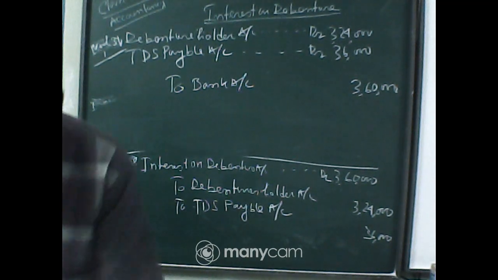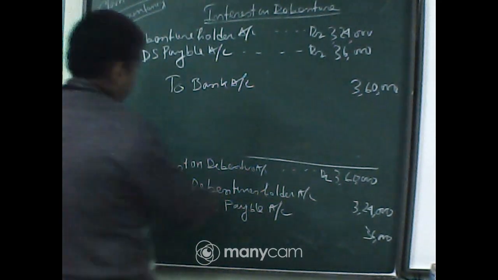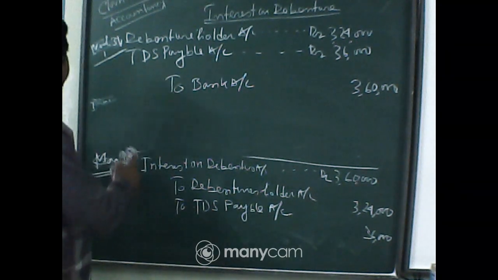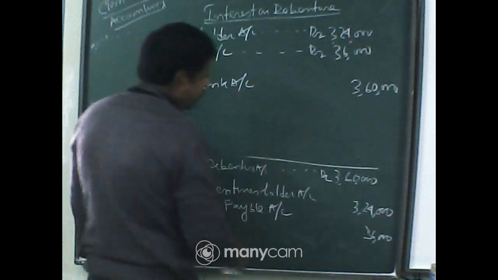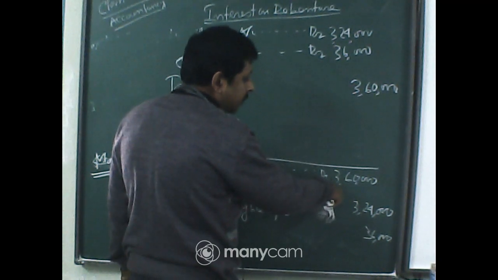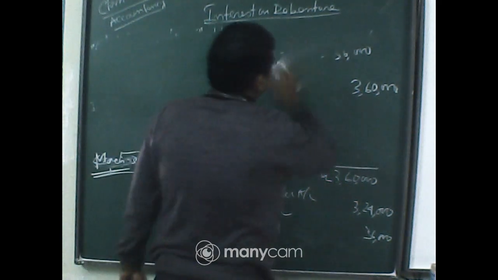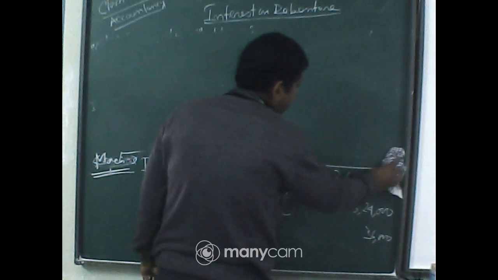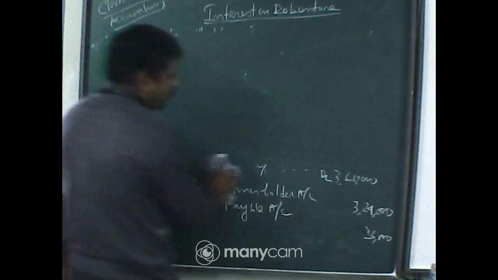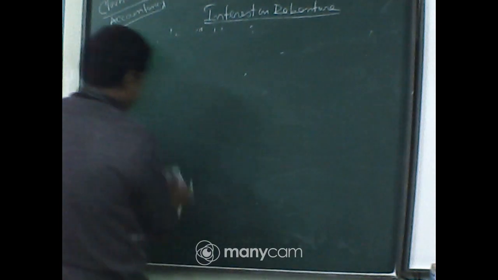Total 7,20,000 you have to transfer to the statement of profit and loss account, because this interest on debenture is an expense you have to charge to the debit side of profit and loss account. 3,60,000 for half yearly interest, and again 3,60,000 to the debenture holder. So, total 7,20,000 as the expense you have to charge. Though we are paying 3,24,000 to the debenture holder, in profit and loss account we have to charge 3,60,000 as interest, because that is the actual interest value.